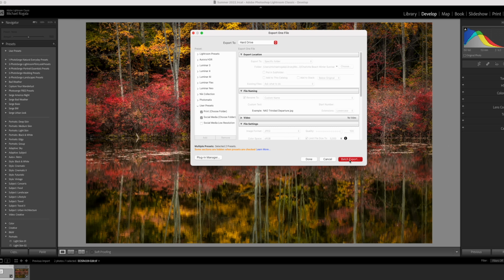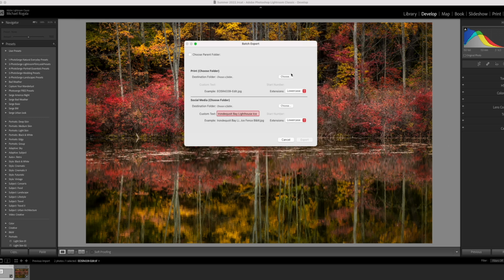But then what you do is you have batch import or export, and then you choose your folder. So you have to choose a folder for print. Then you have to choose another folder for where you want your social media one. So usually what I do here with the social media one, I send them up into iCloud. That way I can just post them to all my social media accounts from my phone, change the name and everything. I don't touch any of this stuff here. And then this one, I put them on my